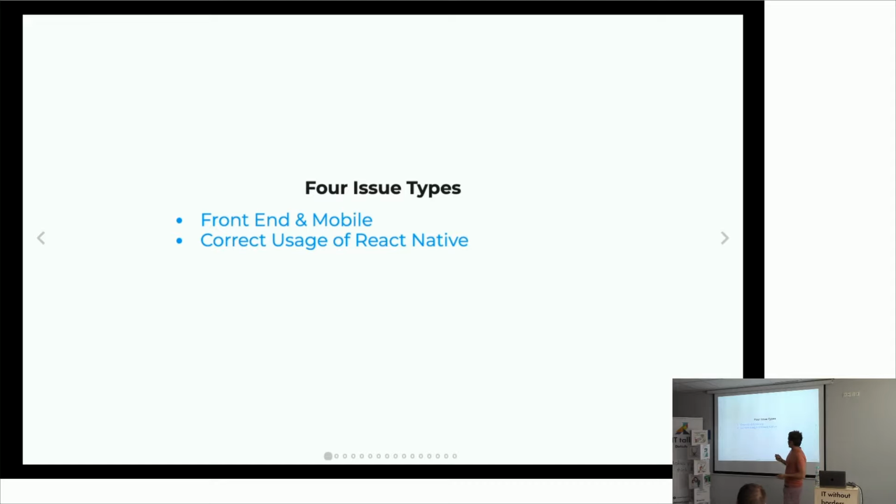The second type is what I was talking about in the very beginning: the choice of whether or not you would like to use React Native for your current mobile application. And we failed on that. Not failed, but we chose wrong. The third is that the React Native development process has its own errors as well. And the fourth is the native environment. By native environment, I mean Android, iOS, and development related to these platforms.